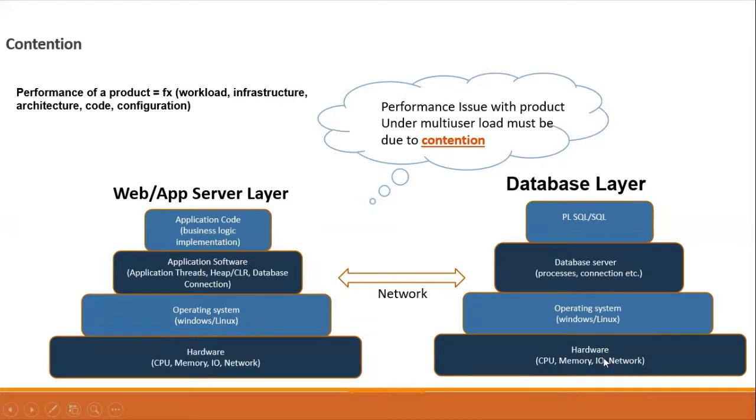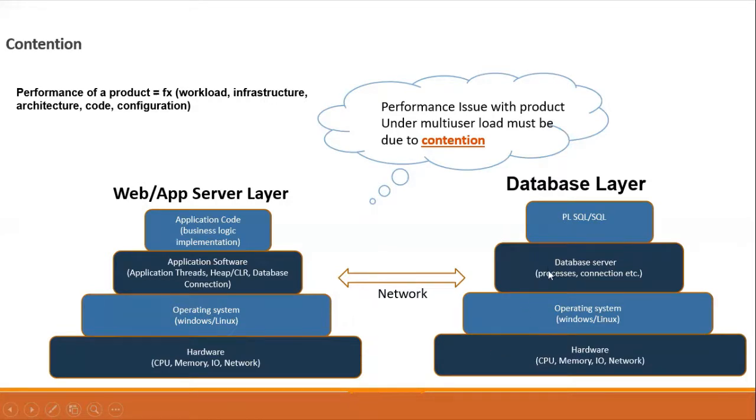Usually in the application server, the rate at which we write IO is very minimal compared to databases. So with that background, we might have to observe IOPS, input output per second, for the databases. Definitely this parameter is very crucial in the case of database servers. Otherwise all other parameters will remain as they are.